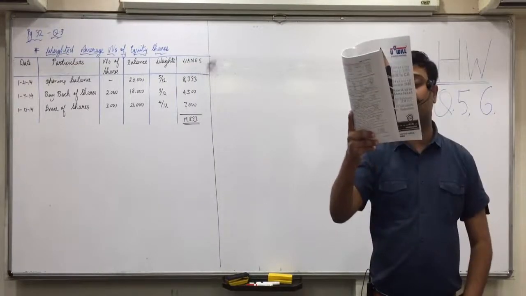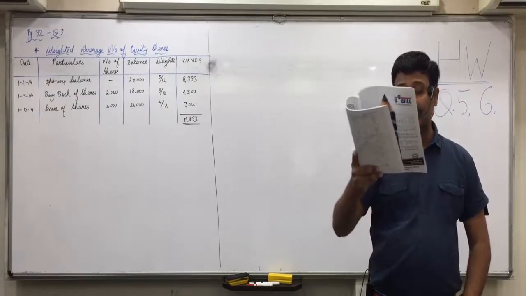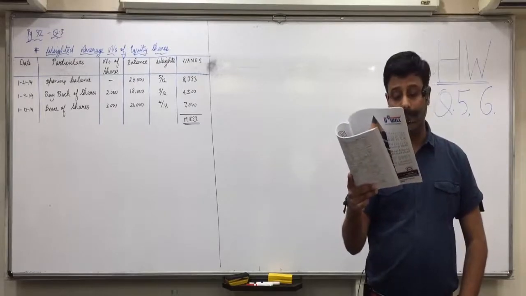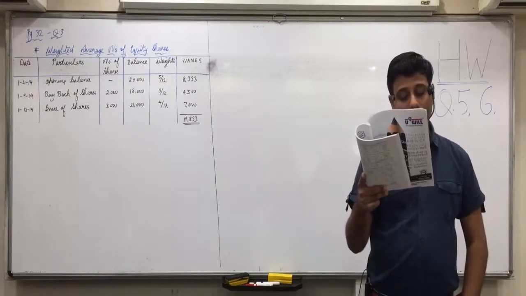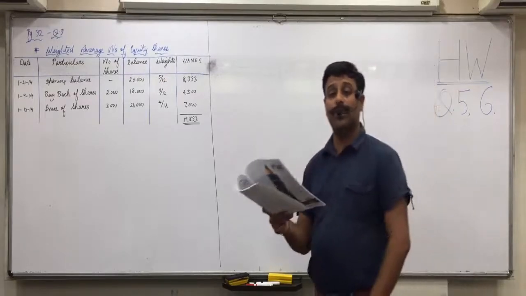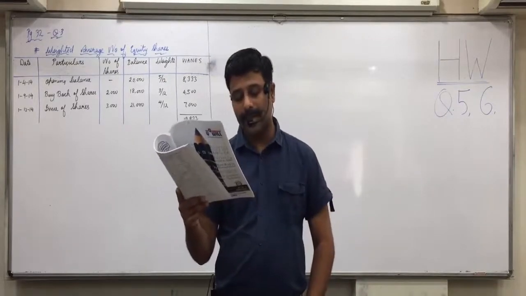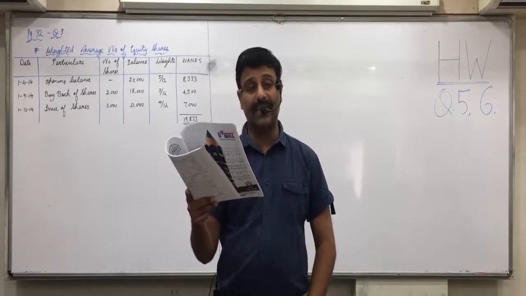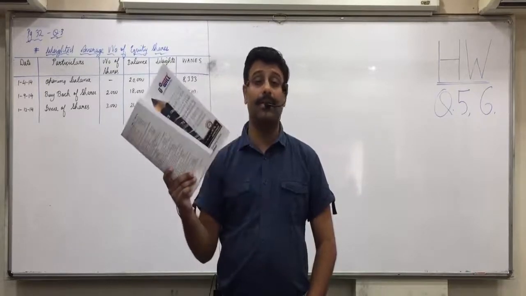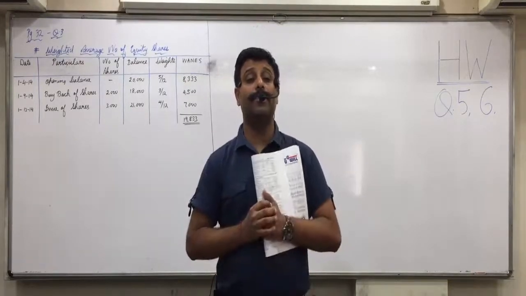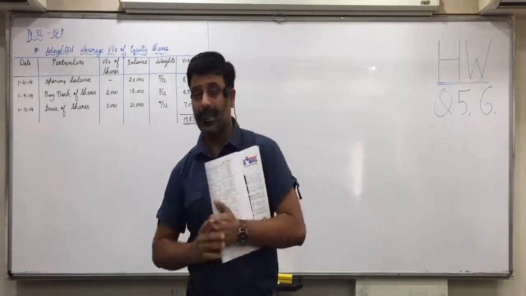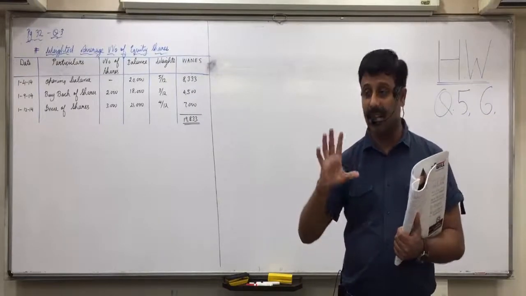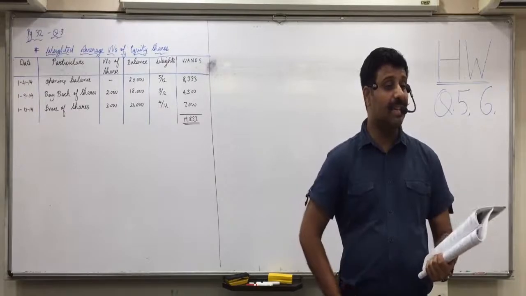Following information is available about the shares of IndusInd Bank Limited. 1/4/14 opening balance, what will you do? In the beginning we'll take it. 1/7/14 shares issued, so what will you do? Add, plus. 31/7/14 buyback, minus. Now listen, everyone. 1/3/15 bonus shares. Now be attentive. I made you write the note that bonus shares will always be taken from the earliest period reported. Tell me, in this table, which is the earliest period?